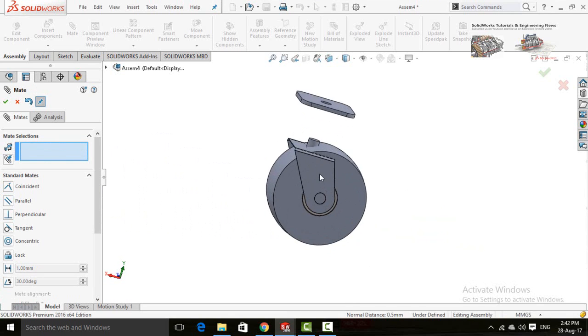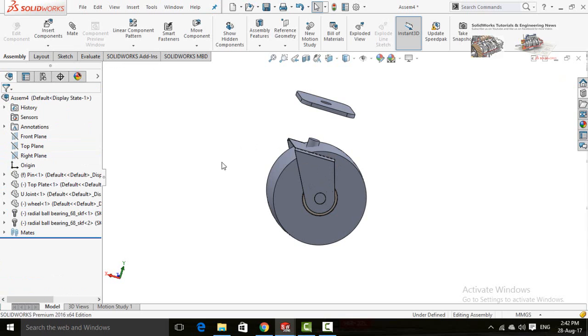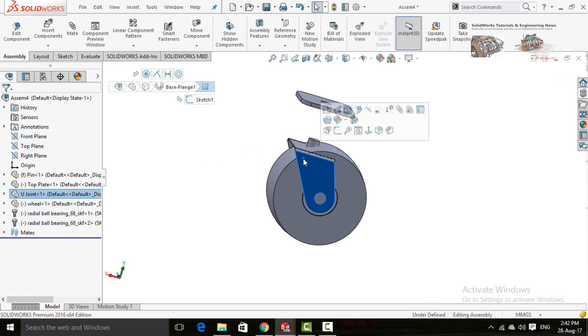Now you can see there is a problem with the wheel because it is intersecting this part. So press OK button, click on this part and open this part.